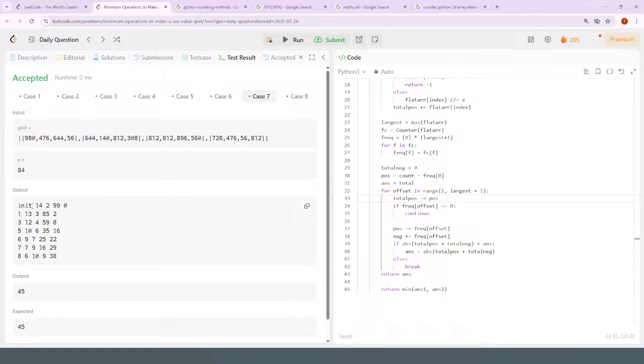If these are the total positive, and this is your total negatives, 99, 85, and -2. Your total positive and total negatives add up to